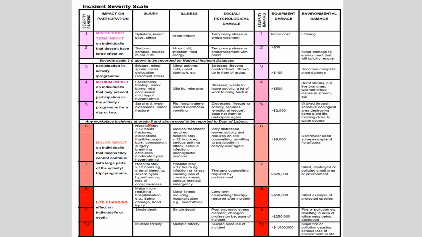But probably just use this document here to identify what you want your staff to report, and at what level. So 3 and above is what you would state for that. And then WorkSafe will have some different parameters around what is a notifiable event or not to them.